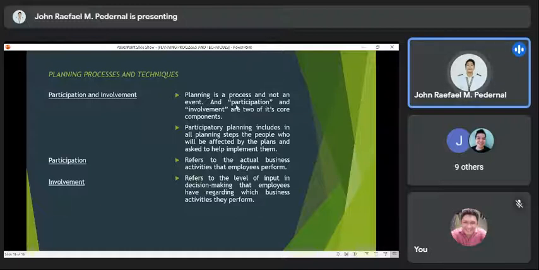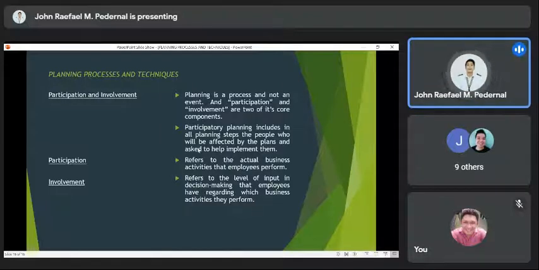So, bale, dalawa sila na sasagupa para yung participation ni Tank sa involvement ni Core ay mapasama sa kanilang plano na manalo po.